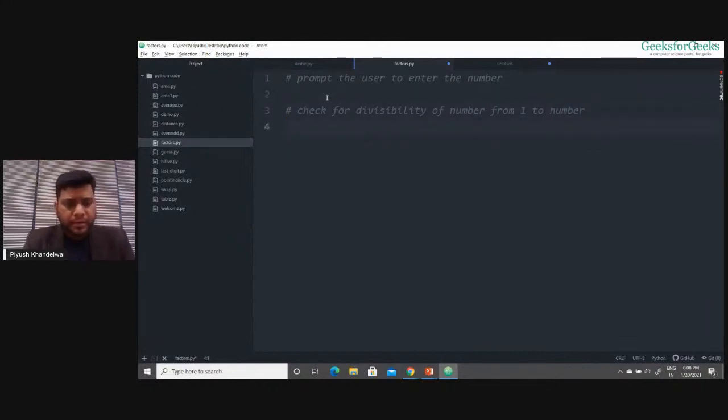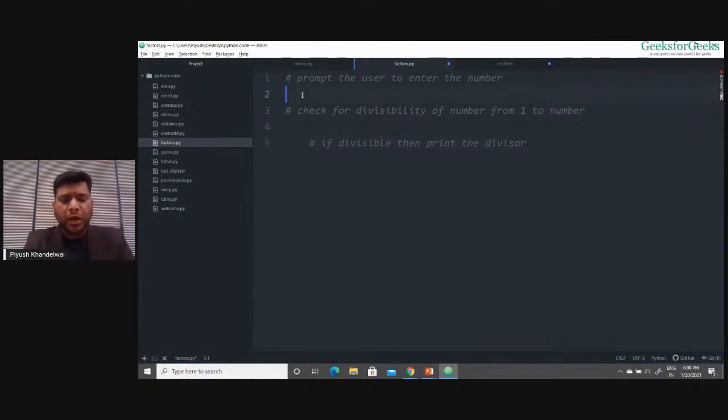And if divisible, print the divisor. If that particular number has divided this number, then I'll print the divisor.